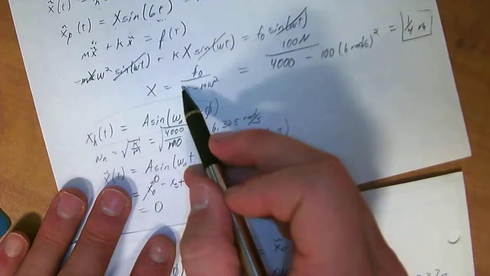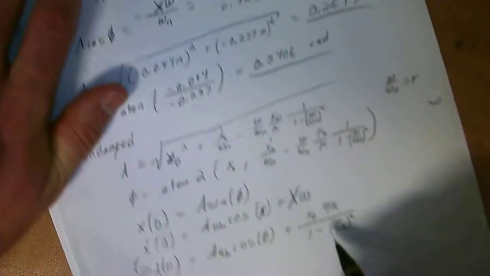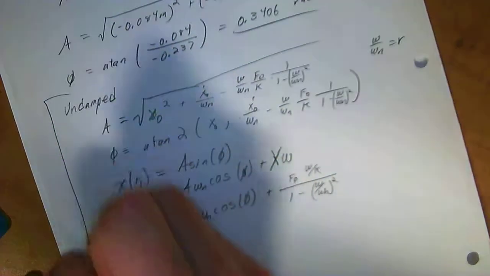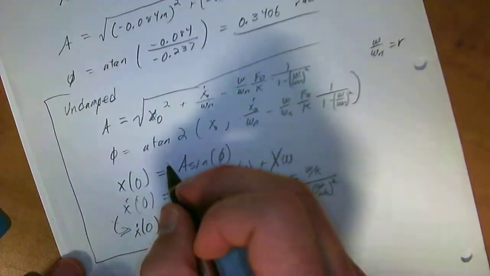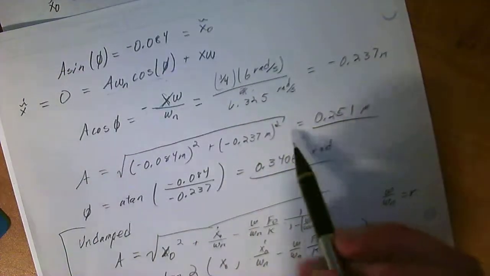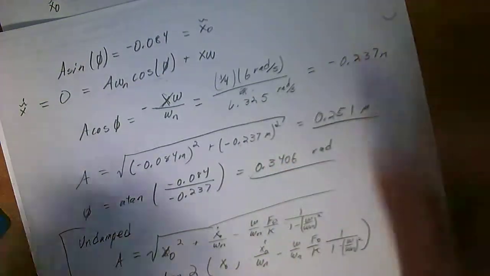We solved for this large x up here, which is f naught over k over omega, which translates directly into this. So basically, if you have an undamped system with a set of springs, you can jump right to these equations. But if you want to do everything from scratch, you can derive the equation of motion and go through all these other steps. So then, in solving for these values, your final solution